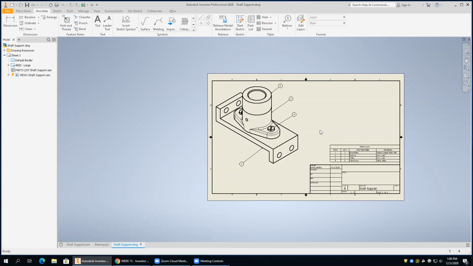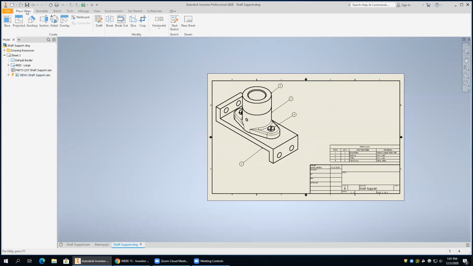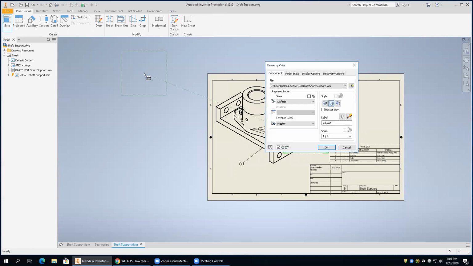Let me ask you this: if I wanted to bring in a different view on this model, could I do this, or could I just maybe bring in one of the IPTs? Does anybody know? Could I do that on this drawing? So let's say I wanted to open up one of these other IPTs and bring it over here and add a dimension in. Okay, well, the answer is yes, I can do that. What I would do is I go over to Place View, I go to Base,